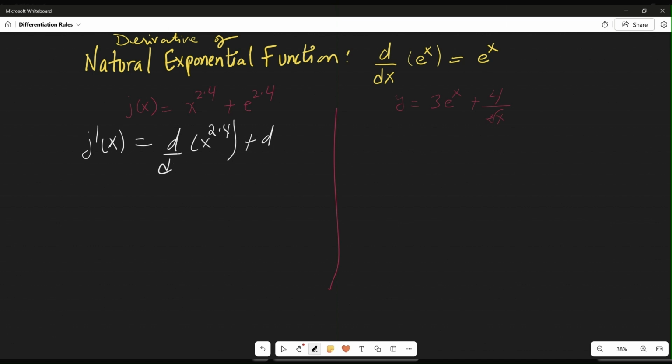So e to the 2.4. Okay, applying the power rule here as discussed before, we just bring down the power in multiplication to this x to the 2.4 minus 1